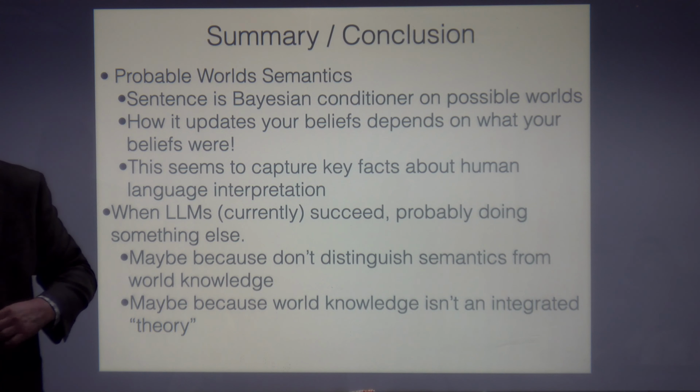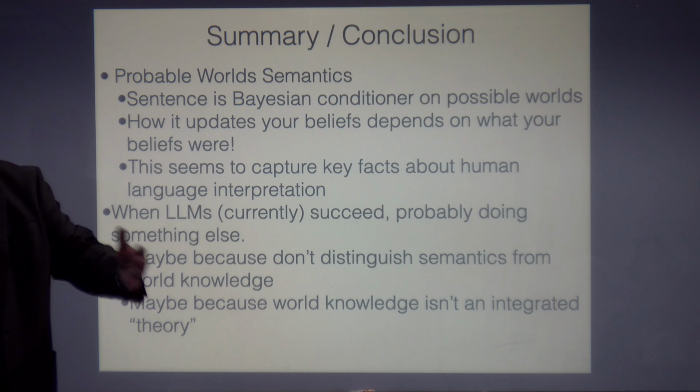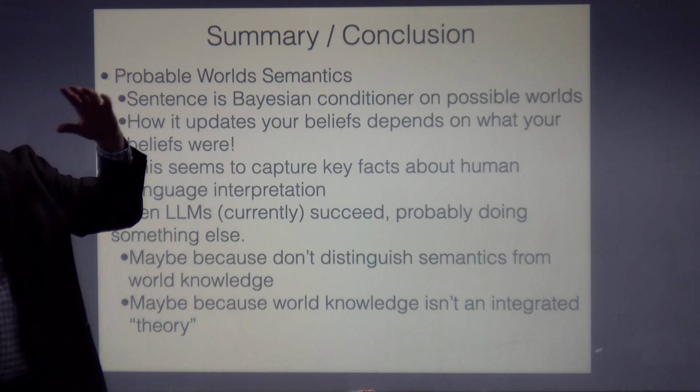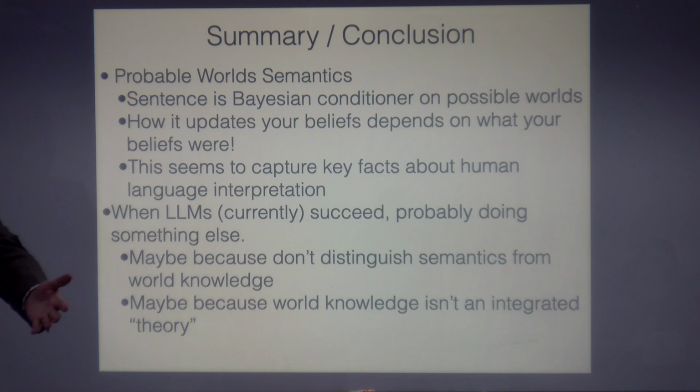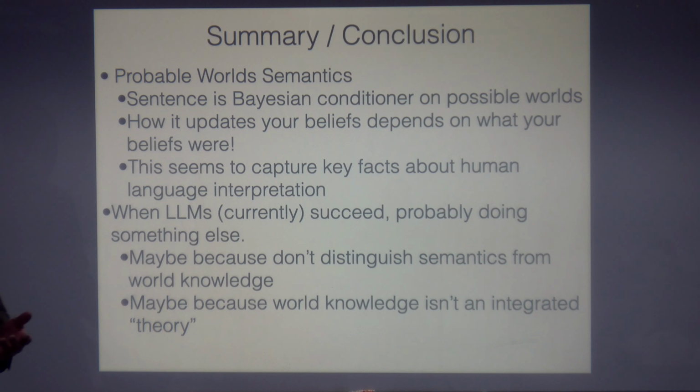So on the algorithmic level, it might be that Bayesian models and probabilistic world semantics are beautiful descriptions at the computational level. This is the thing we were actually trying to do when communicating with each other: I'm trying to condition your generative model of the world. You actually don't have a generative model of the world. You have something that approximates one, and you can approximate conditioning it. Or maybe you have a generative model that you use for long-term learning, but you can't use it in real time. It's just too slow. As I mentioned earlier, Bayesian models are always too slow to actually use for any practical purpose, right?